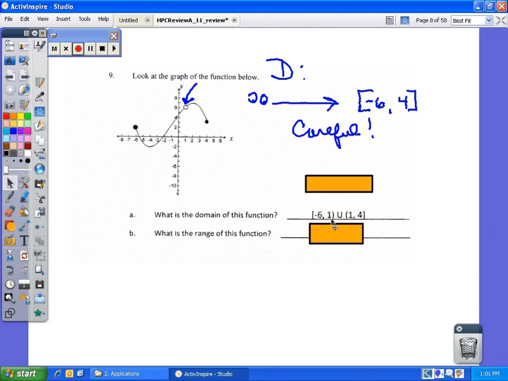I put parentheses. U means united with or together with this set, which also starts after 1 for x and goes up to and includes 4 for x. Alright, so you want to be real careful. I remember when we had a test on this, several people didn't pay attention to the whole graph and they got their domain wrong. Okay, by the same token, the range